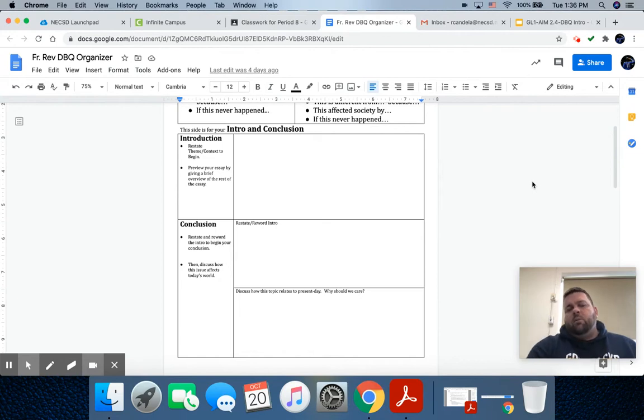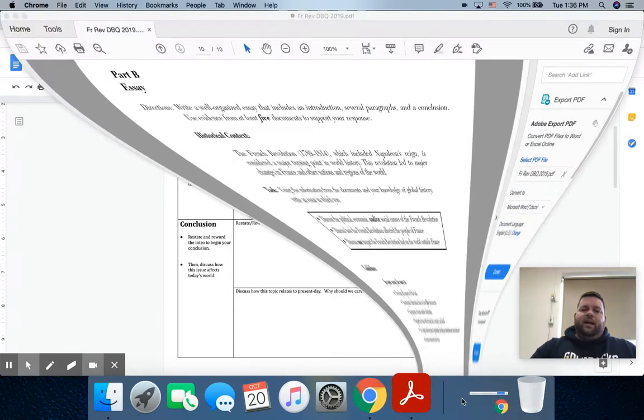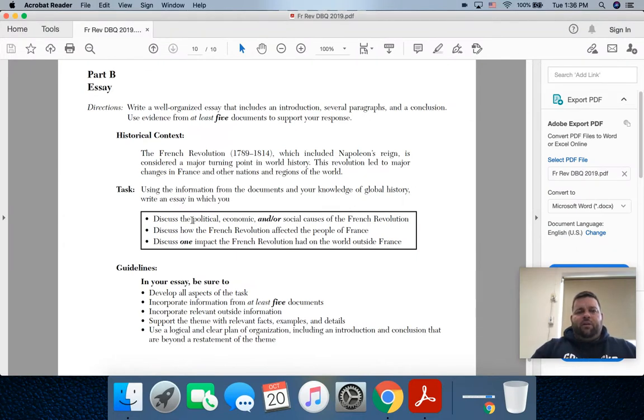So basically what we're going to do is use this graphic organizer to map out all of the different parts of our essay. And we're going to fill in each section of the graphic organizer with the appropriate information for the corresponding part of the essay. So we went over the task page the other day, but just to revisit the task